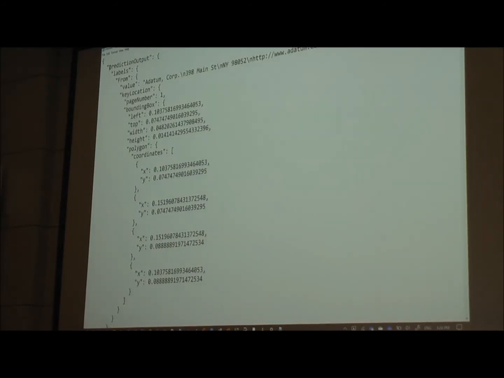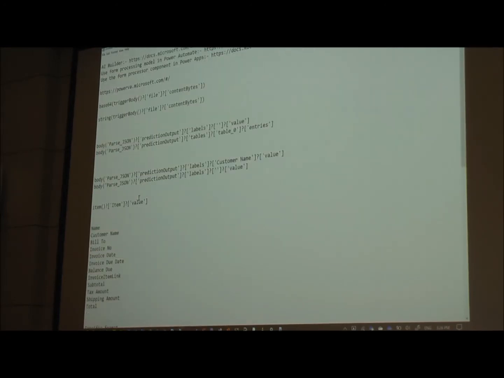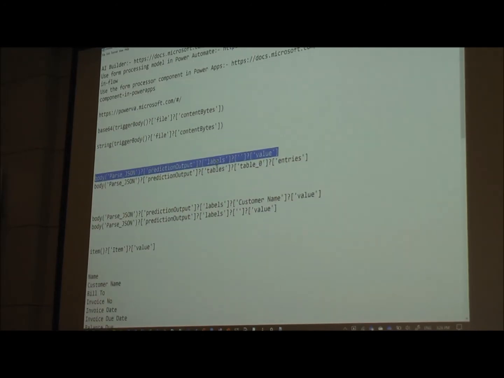Now, this output I need to process. I need to pull information from here. So if you see at the top, I have prediction output. Next thing is label and then value. In order for me to pull the information from my output, and in order to save time, what I'm doing there